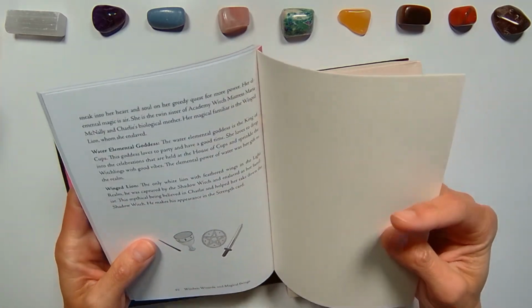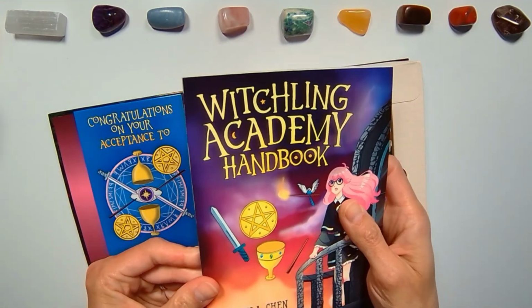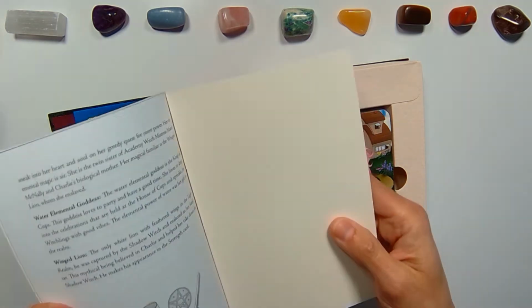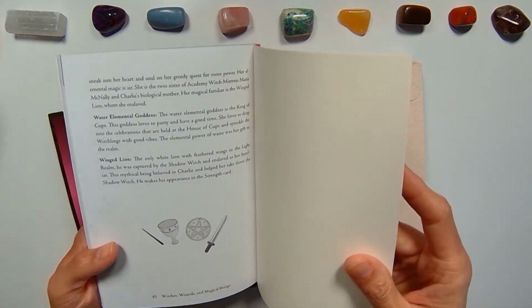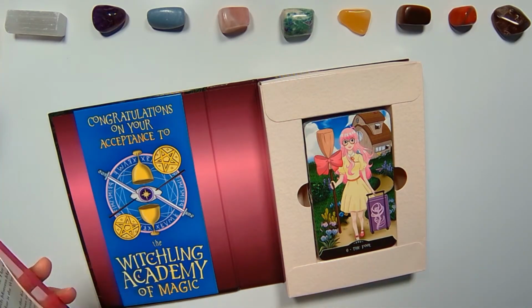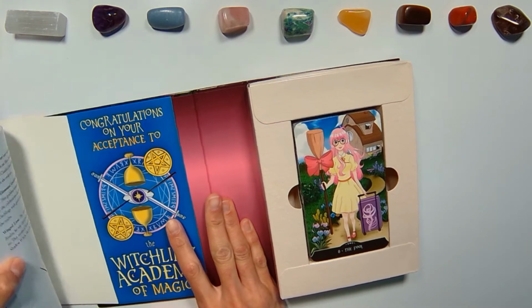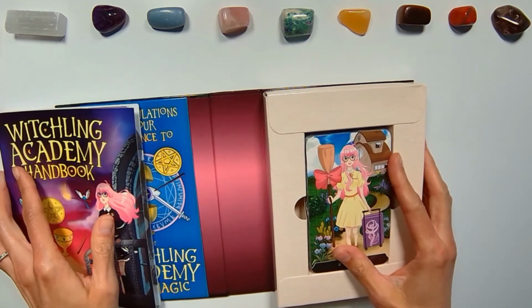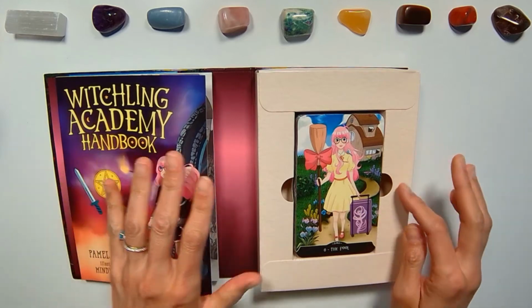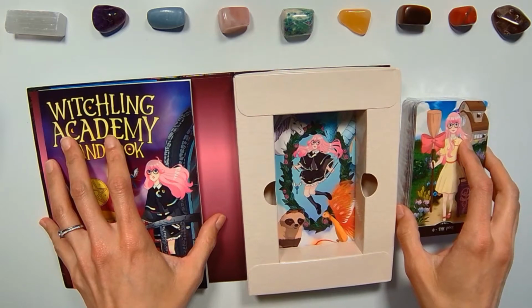And here we have the handbook, and it is pretty sturdy. It is a little less than 100 pages. It's 92 pages. So let's go ahead and put this back where I found it. Did it come in this way? Yes. Okay. I don't want to rip anything. Okay, great. So here are the cards inside, and it looks like